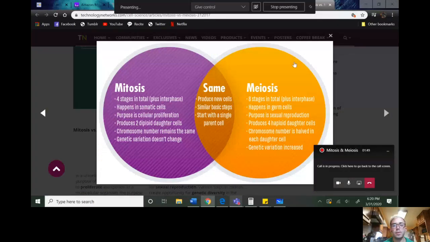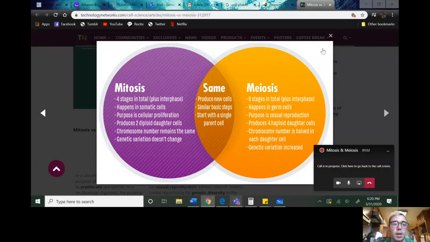Now, what is the process of mitosis and meiosis, and how are they different? I found a couple of resources that I will copy and paste for everyone, but I wanted to show you all of what I found. This website, technologynetworks.com/cell science/articles, mitosis versus meiosis, has some cool clip art or pictures that I thought were helpful for students learning